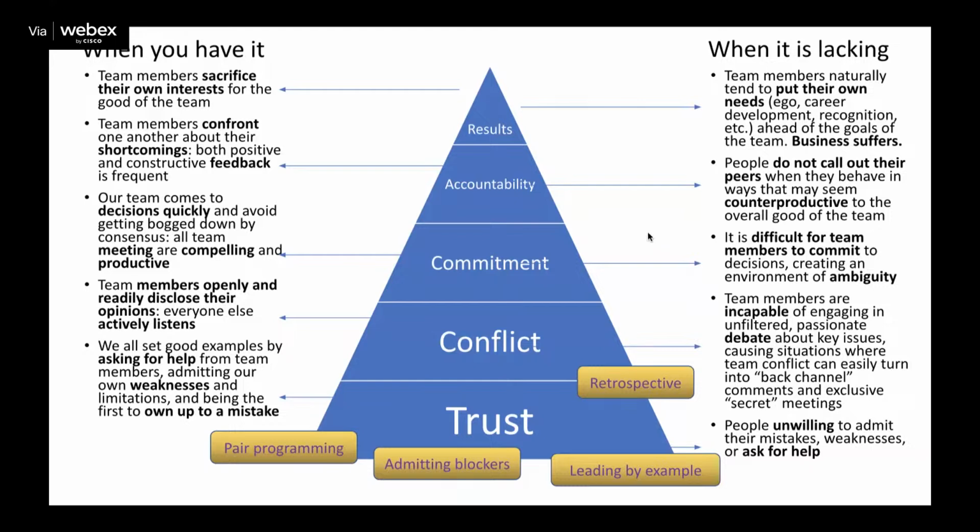And I'll tell you one way that I use to introduce healthy conflict very early on in my coaching with the team is planning poker and t-shirt sizing.